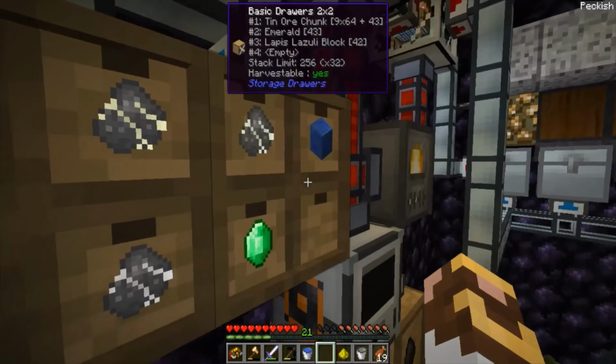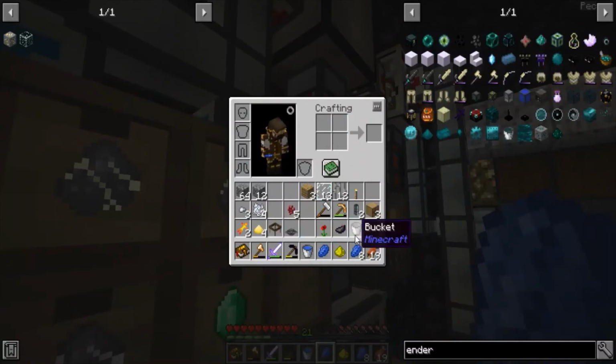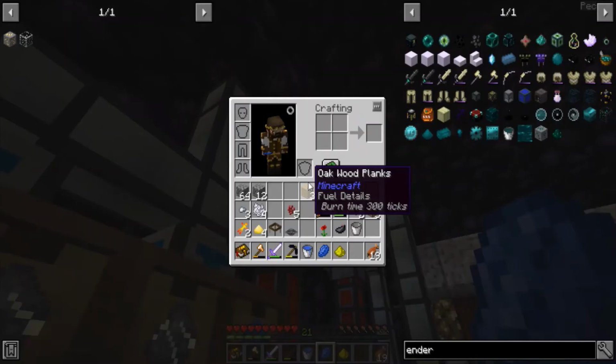All right. So what if I were to put 2 different chests like that? Can I access one from the other with a normal Ender chest, or does it have to be color coded? I'm assuming it's got to be the color coded. But if I have,